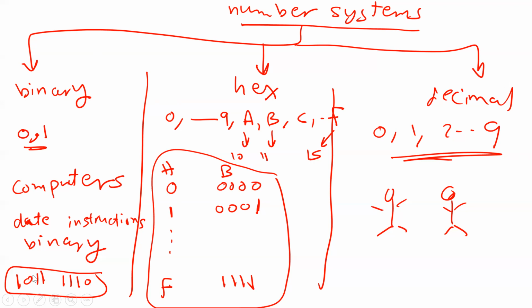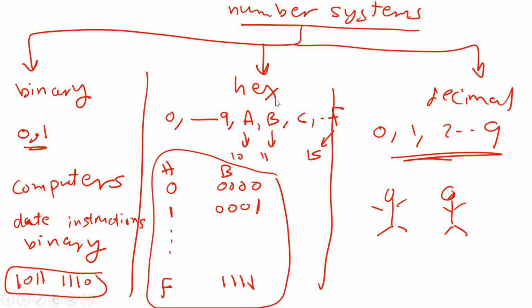Same thing in the other way. If the computer did a certain operation and the result is binary, I'm not going to give you the result in binary because you're not going to understand it. So I also have to use a program to convert this binary to decimal. Very clear, right? So in this course, we are going to need binary because this is the only thing computers can understand. Also, we need decimal because this is what humans are using. Also, in this course, we are going to use hexadecimal.